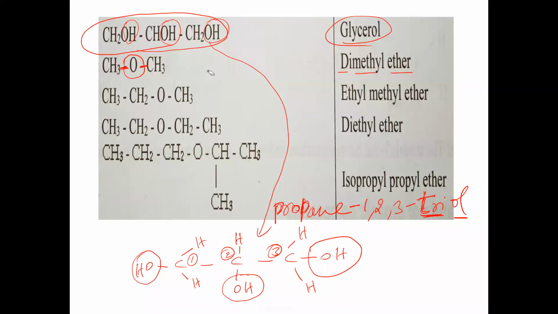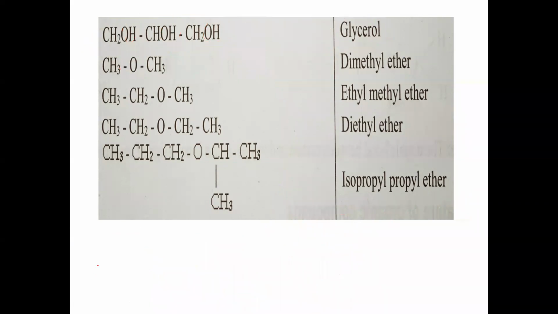And now tell me how to write the IUPAC name of this molecule. I'm erasing the remaining part. Take a screenshot if you want this propane 1 comma 2 comma 3 triol. Now, when writing the IUPAC name of this type of ether molecule, see how many carbons are in the longest chain. Only 1 carbon is there continuously.